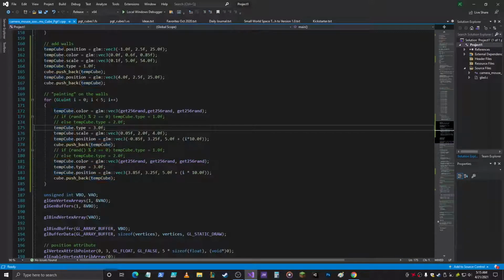It's going to set the type equal to 3 in both of them, because I'll show you that in a second. The scale of each one of them is 0.05 in the x, so they're super thin, about half as thin as the walls. I set them to be small, so 2x4. Okay, the position I calculated on the x, in these ones it's negative 0.85